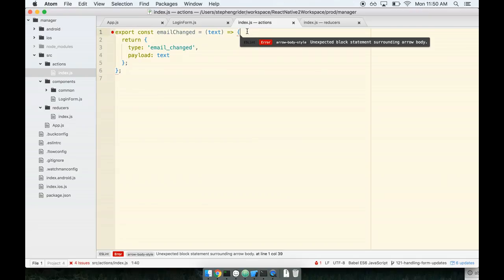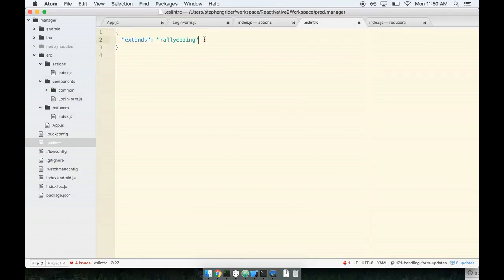If you are using ESLint, again, not required for this course. I gave instructions on how to set it up much earlier in the course, but it's not a requirement to get through anything. This arrow body style error right here just gets a little bit annoying over time. So in case you're interested in turning off any singular rule here, it's actually really straightforward. I'm going to open up my ESLint config, and again, you do not have to do this if you're not running ESLint. If I want to turn off a single rule here, I can add in a rules section to my ESLint RC and point it to an object,